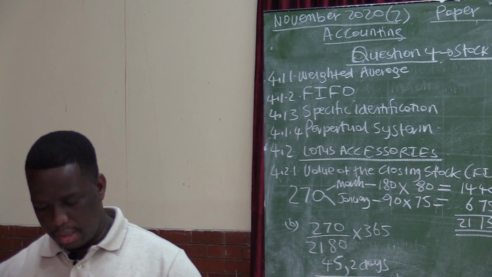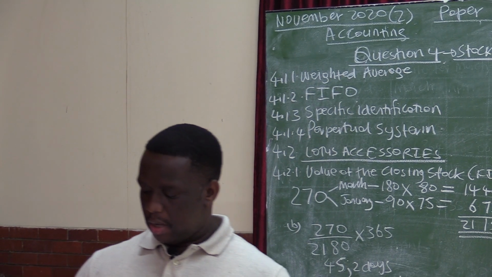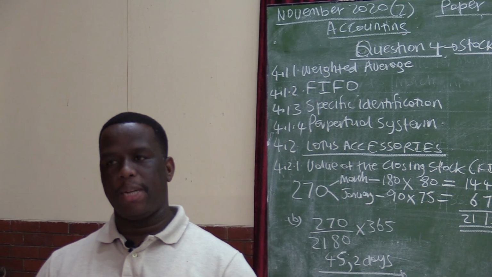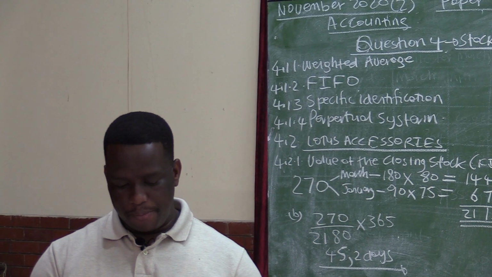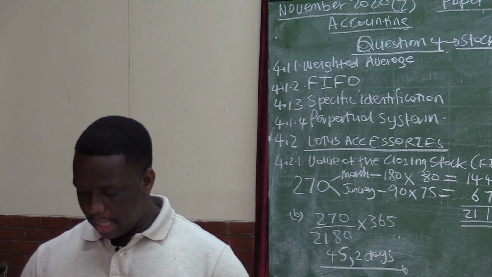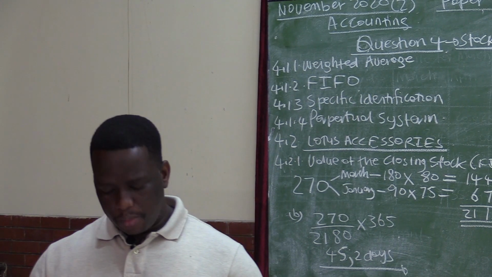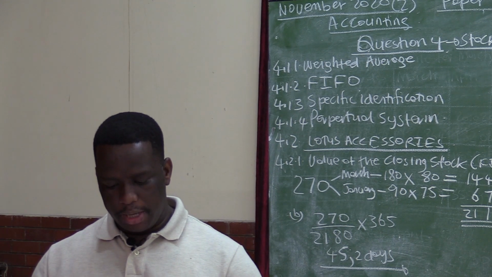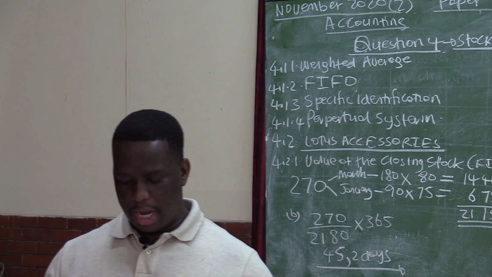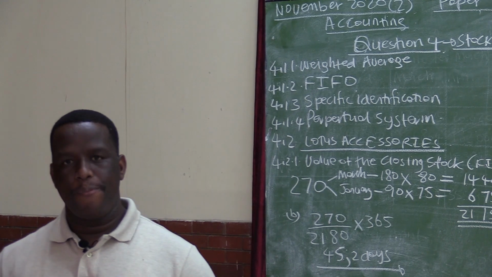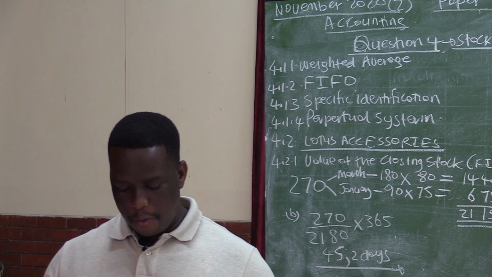Our question 3 on this paper 2 was based on budgeting, and it is very important to be able to calculate the debtors collection schedule amounts. It is also very important to be able to compare the budgeted figures with the actual figures, so that we are able to make correct decisions informed by the actual figures compared to budgeted figures. And the last question was based on stock valuation. There are 3 methods of valuing stock: FIFO, weighted average, and specific identification. Unfortunately, on this question, weighted average was not covered. It was only specific identification and the FIFO method.